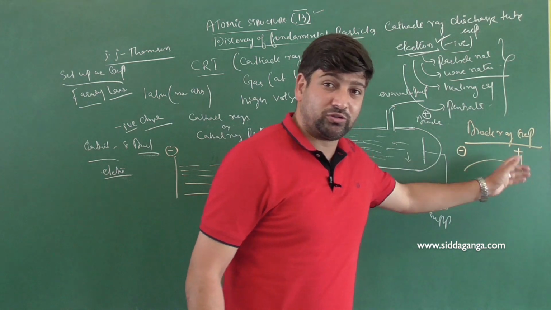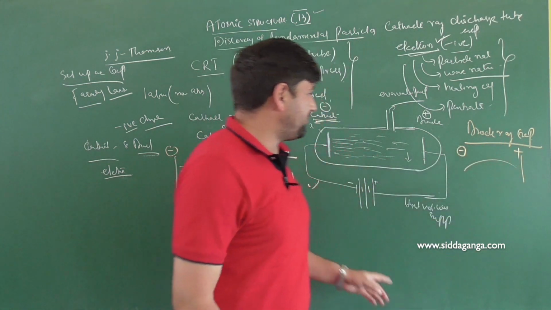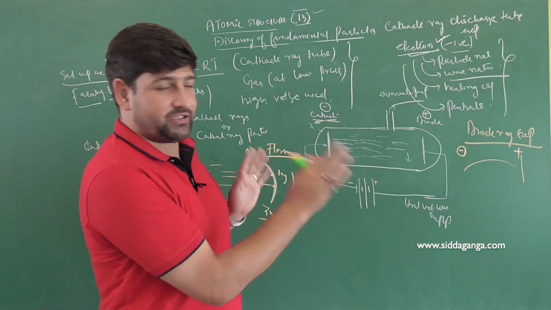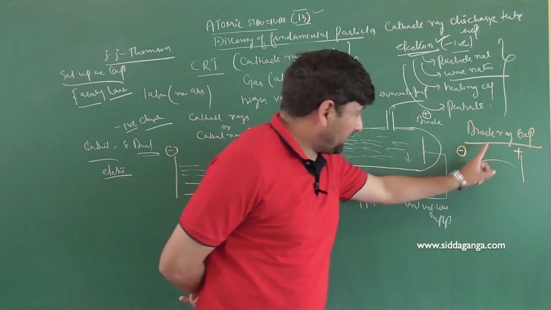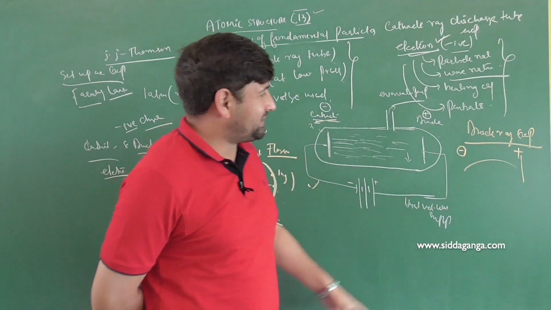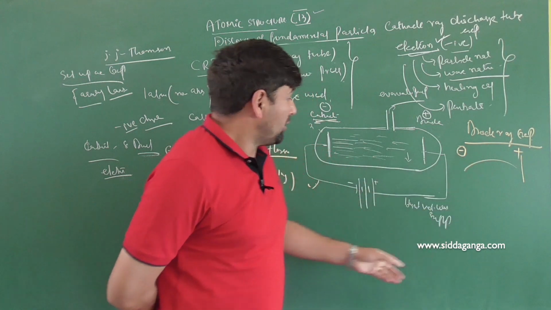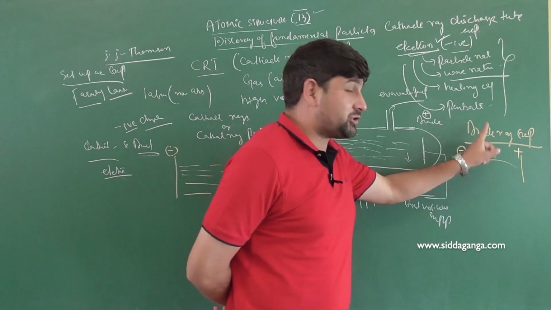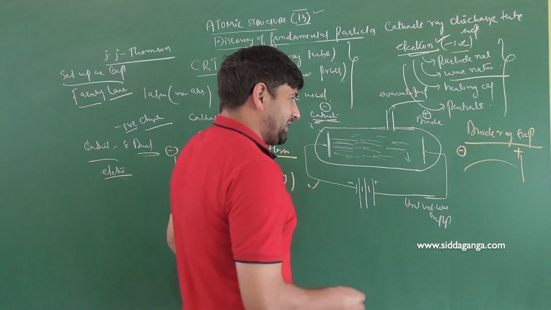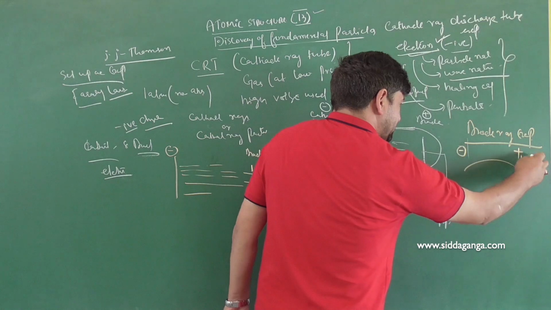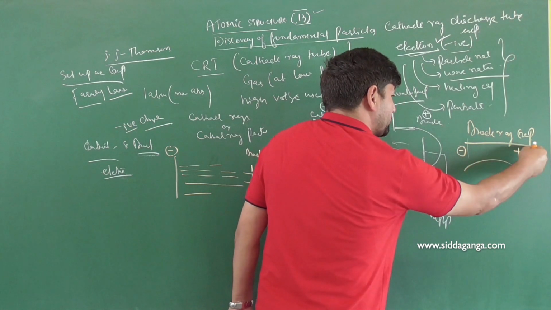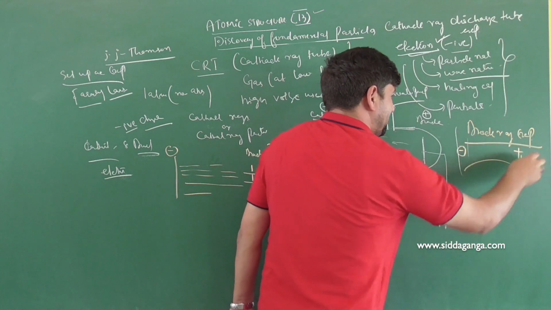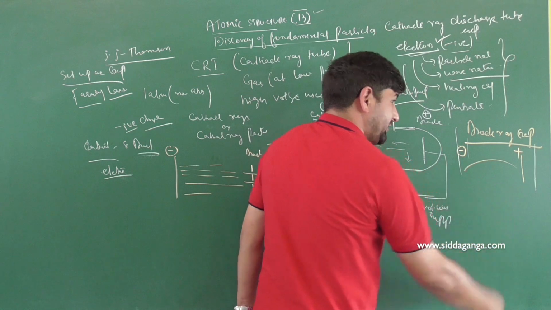I am not going into deeper details of the anode ray experiment or cathode ray experiment to such an extent. We are understanding the basic fundamentals here. Clear? But one difference between the cathode ray experiment and the anode ray experiment was, although cathode rays were independent of the nature of the material used, anode rays were dependent, and that is obviously because if they take different gases or different electrodes, they will have different numbers of protons in them. As a result, under the application of voltage, the properties will be varying.